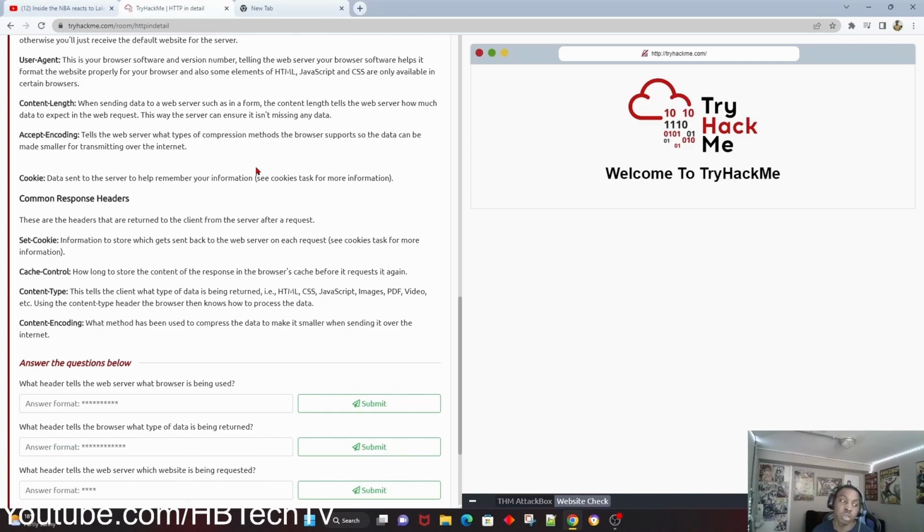Content encoding. What method has been used to compress the data to make it smaller when sending it over the internet? The header tells the web server what browser is being